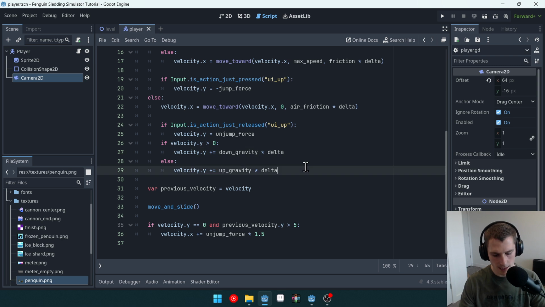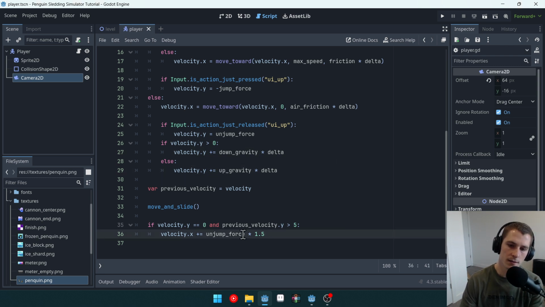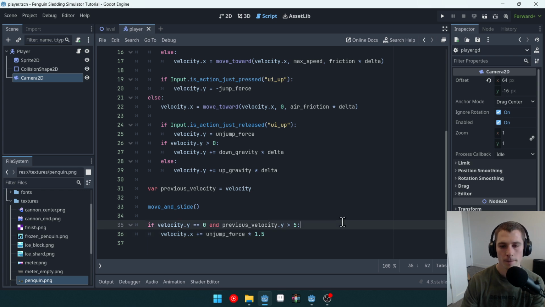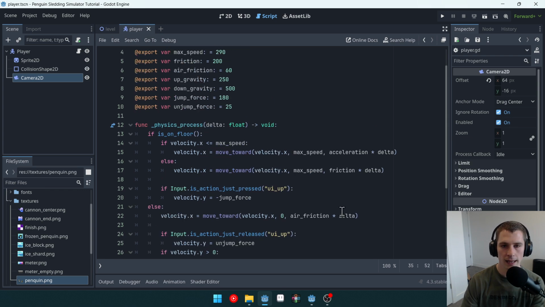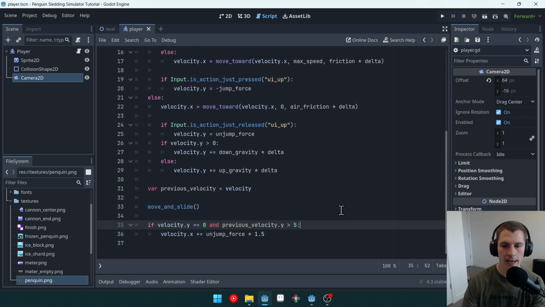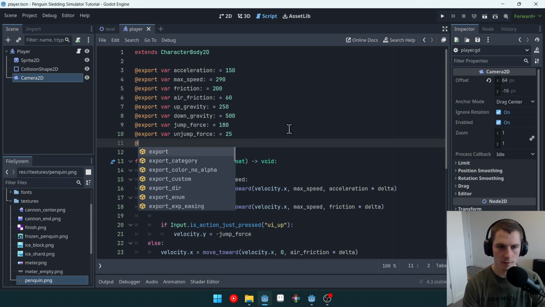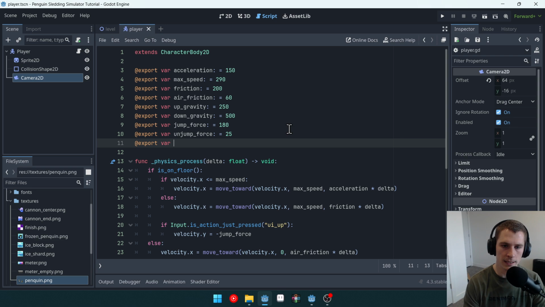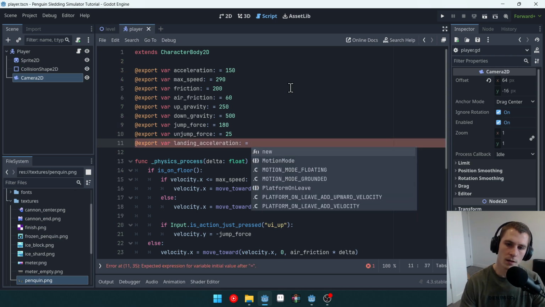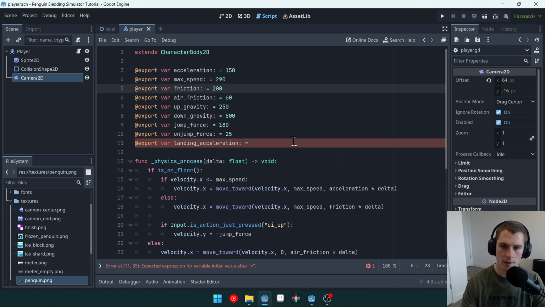Now I'm realizing that we need to multiply this by delta, but that would mean that I also have to multiply this number. So I might actually create a landing acceleration, is what I'd call it, in order to make sure we're correctly multiplying by delta. So landing acceleration, and I'm going to set this equal to, what's 60 times 1.5? Here's a cool trick, 60 times